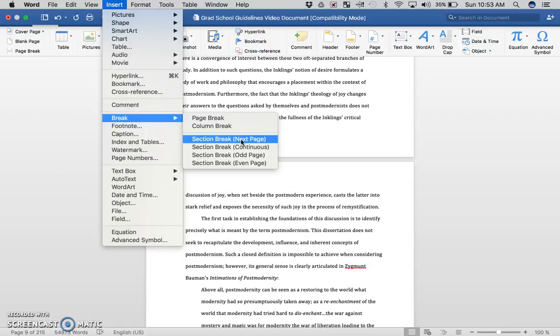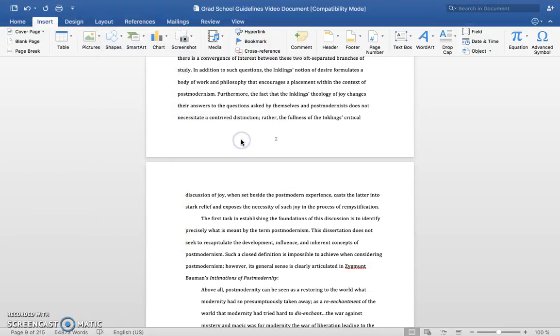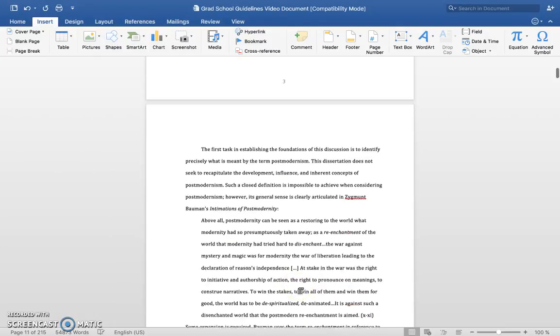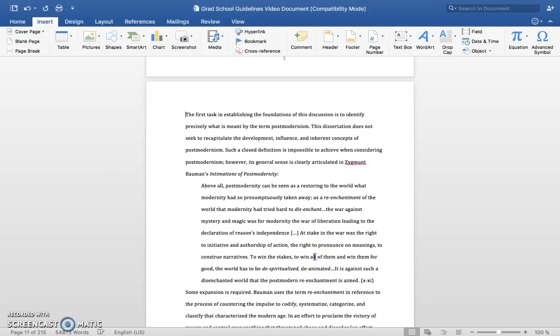If you choose the first option, it'll create a page break as well as a section break, and so your next section will begin on the following page. This is generally what we recommend for the section breaks for these types of projects because your pagination is going to be different based on your sections. It's also essential to get your section breaks correct because this is going to be very useful when formatting your table of contents. So I'm going to click section break, next page, and you can see here it gives me a new page of my document,